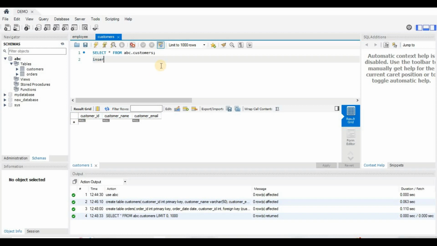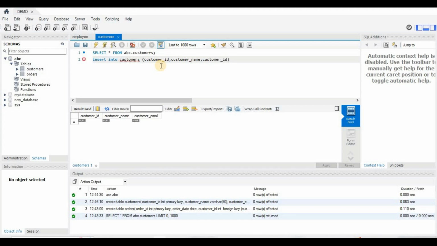So I will write insert into customer. Insert into customer is the command, and here I will write customer ID first of all, then comma, then customer name, then comma, then customer email.